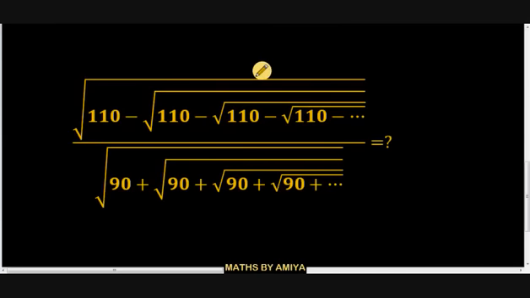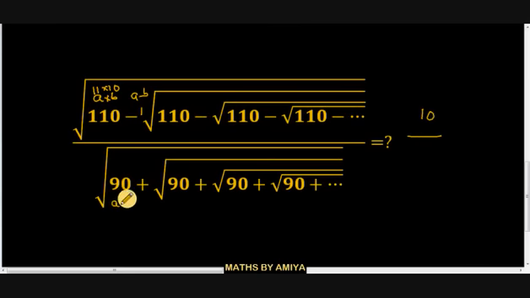I think you have solved the question. 110 is nothing but a into b. Hidden is what? 1. So that is a minus b. So a into b is 110 and a minus b is 1. So it is nothing but 11 into 10 and all terms are negative, so the value of this should be 10. The numerator should be 10. For the denominator,